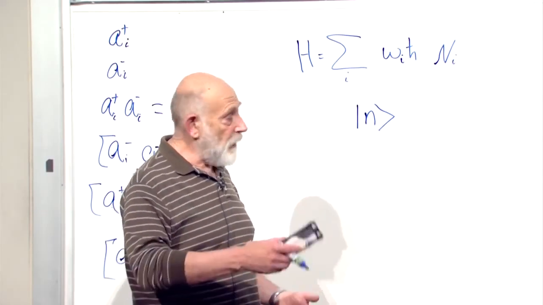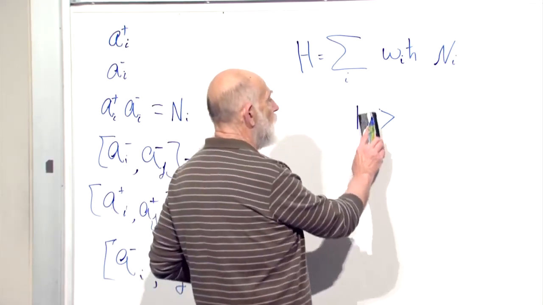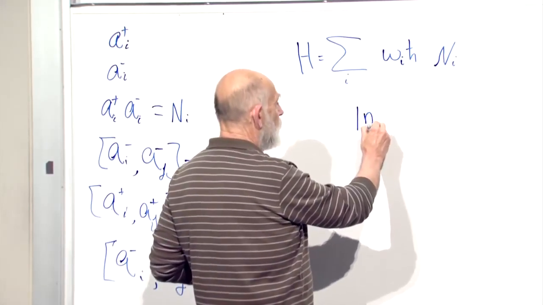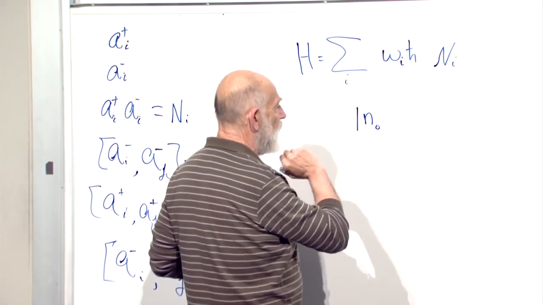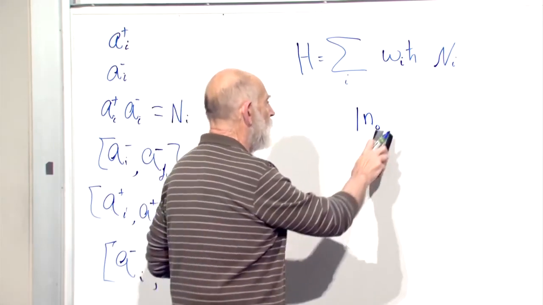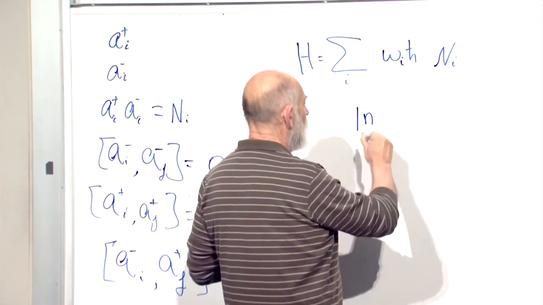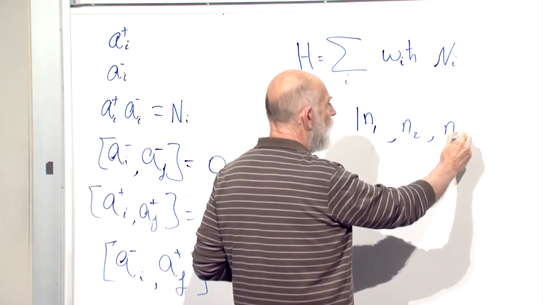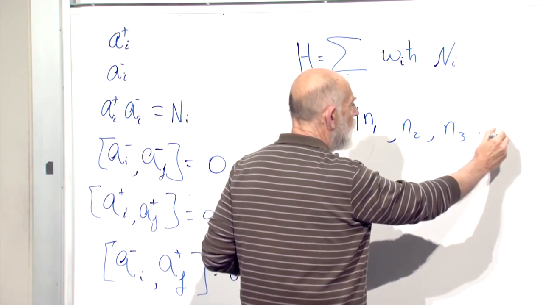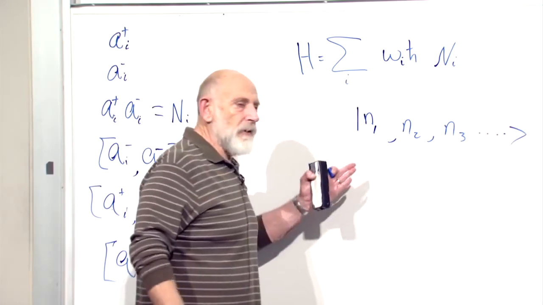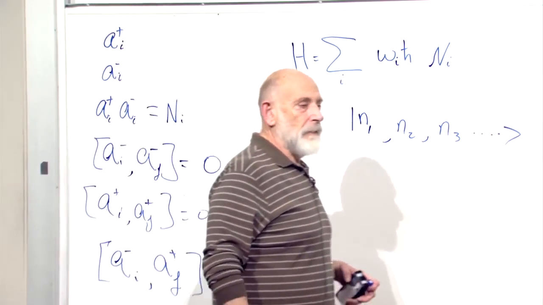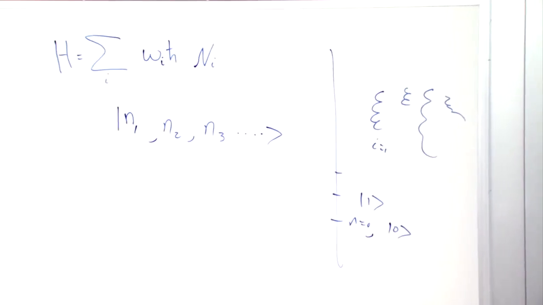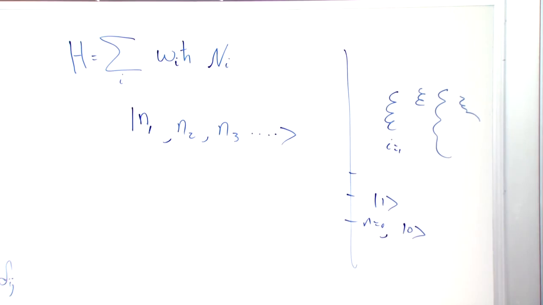How many quanta, or how many units of energy are there, so to speak, in the first oscillator? I'm going to call the first oscillator N1. N1, N2, N3. If there's a finite number of oscillators, it terminates. If there's an infinite number, it doesn't. Do you know any situations where, at least mathematically, there's an infinite number of oscillators?